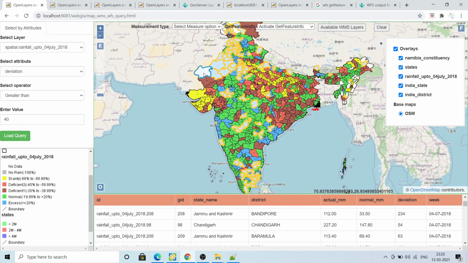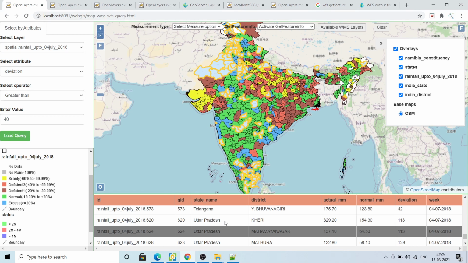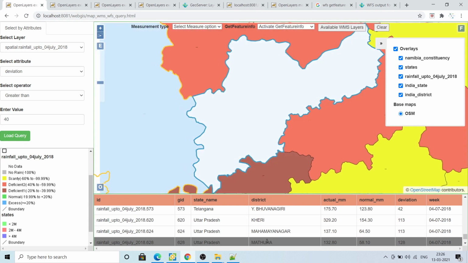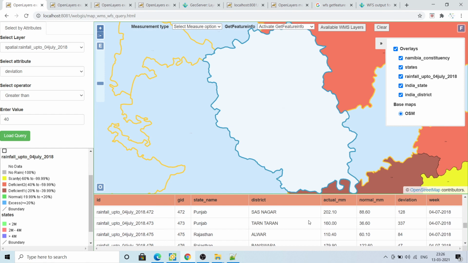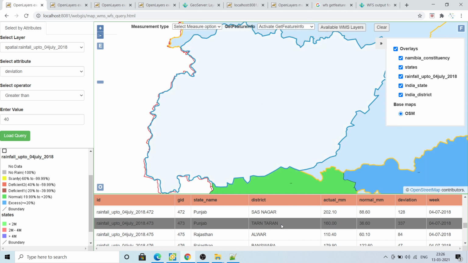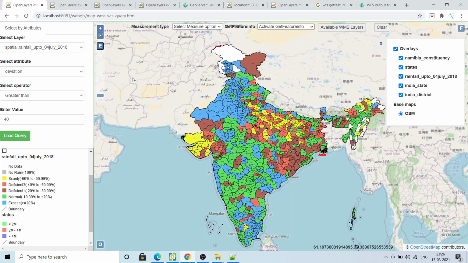If you select here, it will automatically highlight the feature in the table here, and it is vice versa also. You can select this one also, it will highlight there. One more thing, if you select here, it will zoom to it. You can select any feature, and it will zoom to that particular feature. So this is basically the WFS service, the Web Feature Service, that I am exploiting on GeoServer. If you click clear, the map will automatically resize and go back.